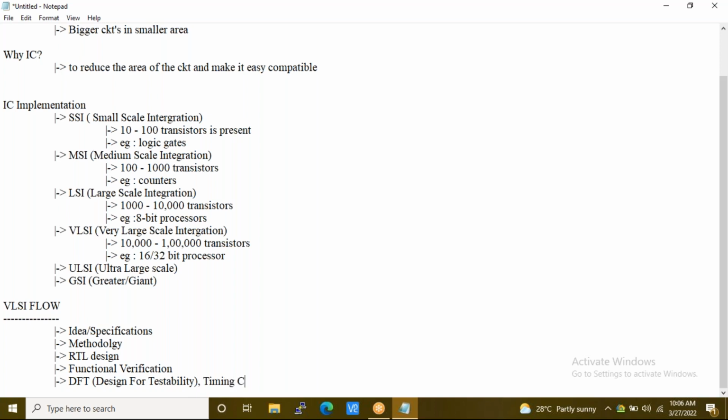Timing constraints. Okay. CLP, conformal low power.